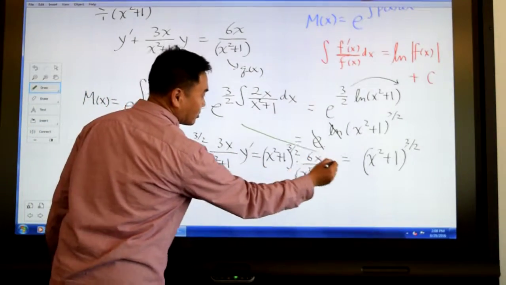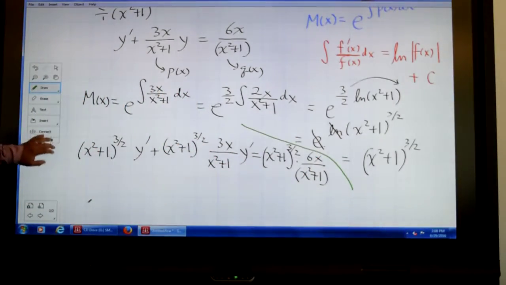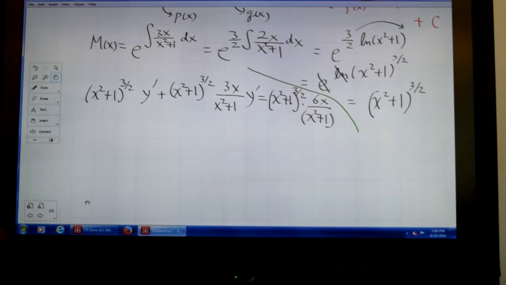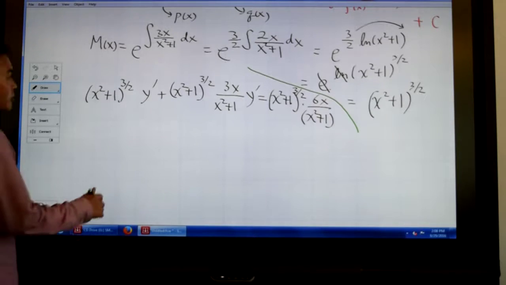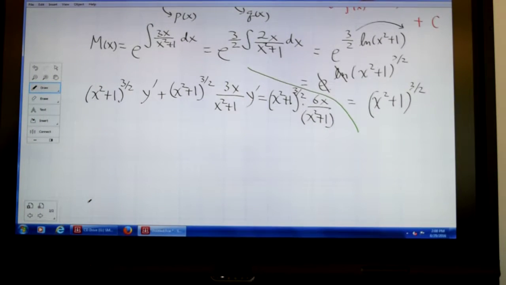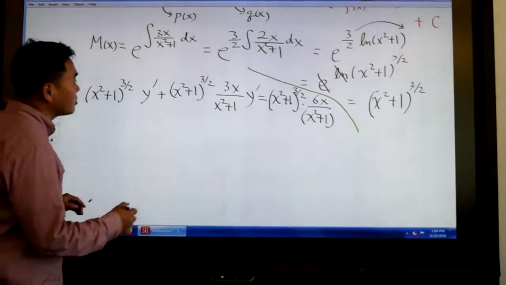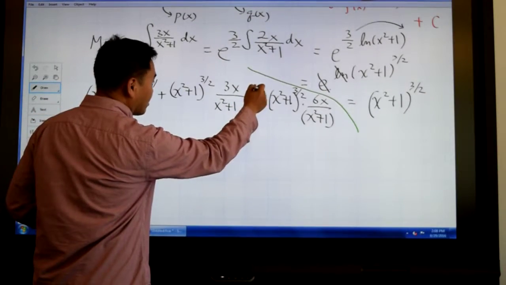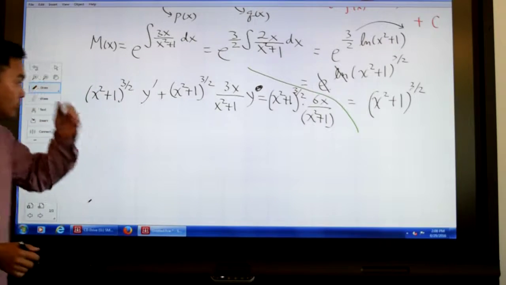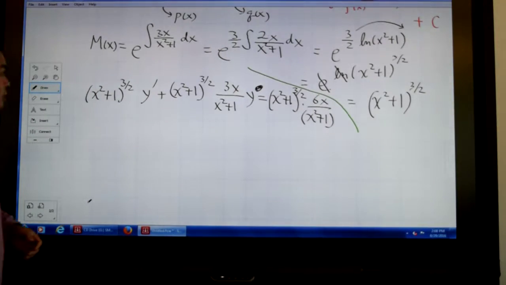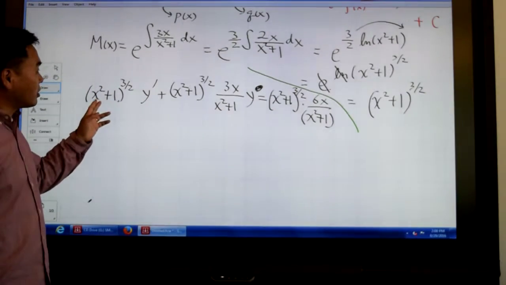Sorry, it's a little confusing here. So that's what you get. And the sole purpose of multiplying the multiplier is that, oh, sorry, this shouldn't have y prime there. Okay. The sole purpose of having such a thing is so that